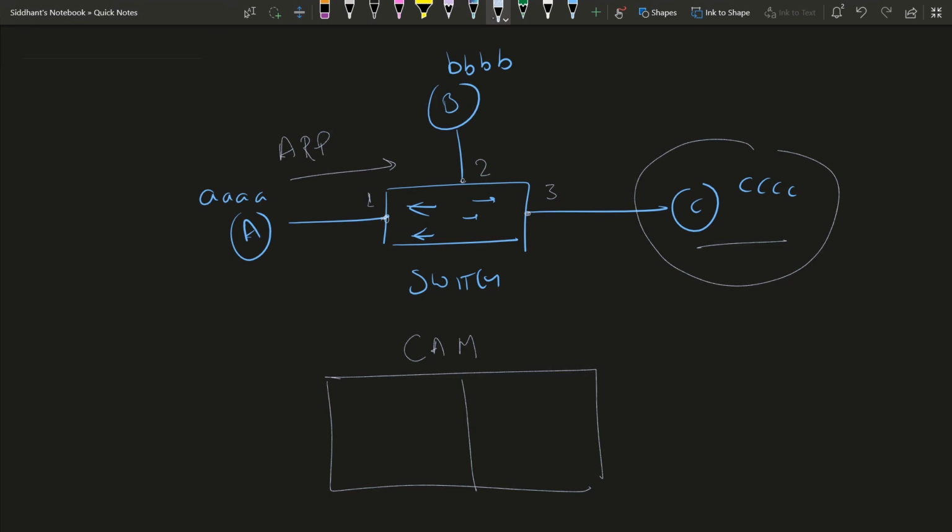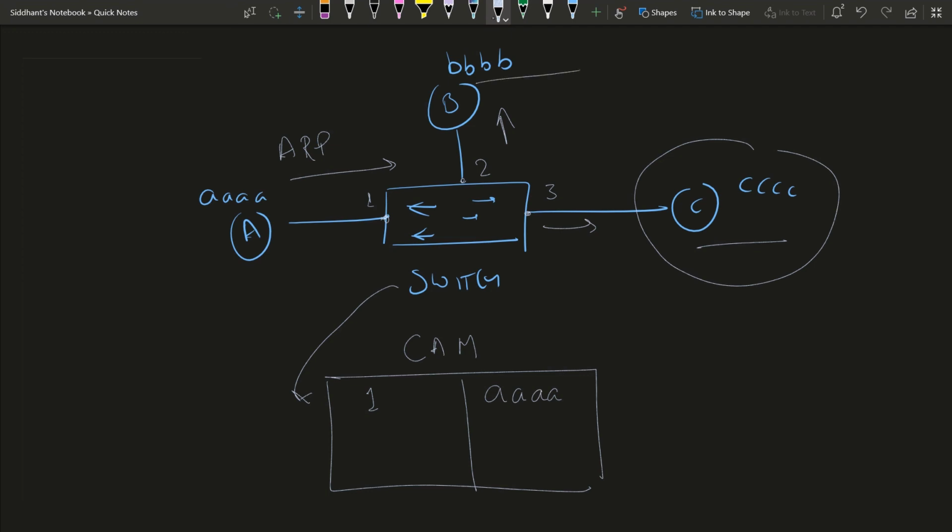Now the switch will see in its CAM table that the CAM table is empty. So it will send a broadcast to all other ports except the incoming one, and it will first write port number 1 and MAC address of quad A, and now it will broadcast to these two.